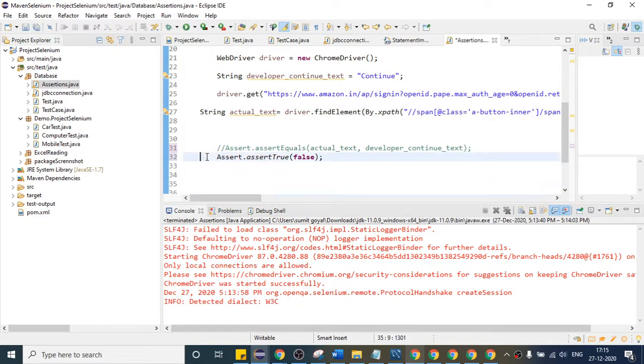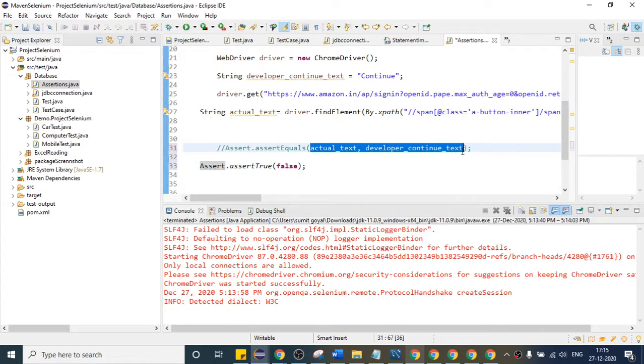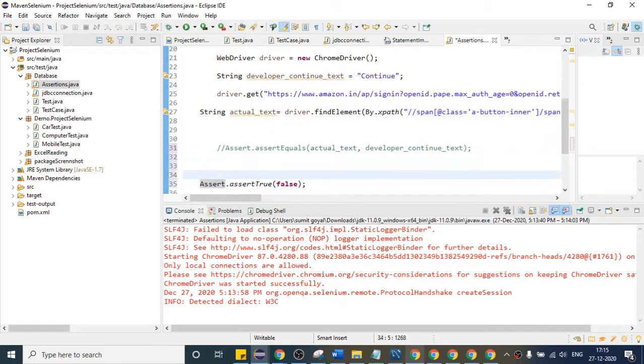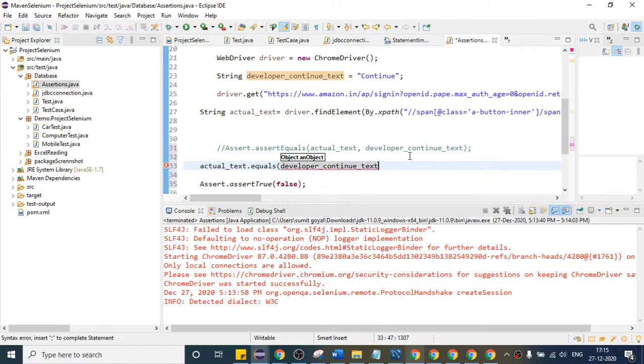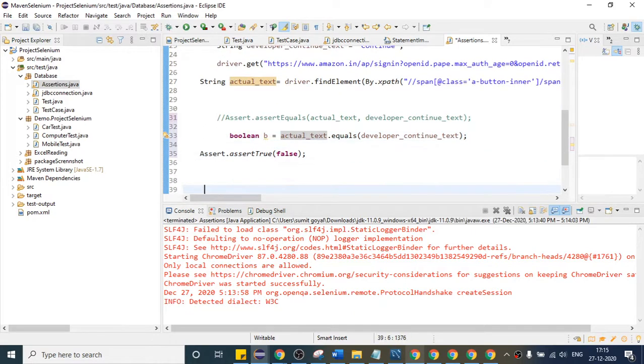So how can we do that? If I write actual text dot equals, it will return true or false based on the verification. I will catch that in one variable. Now if they both are equal, it will return true, and true will come here, and I will place the variable here, right?